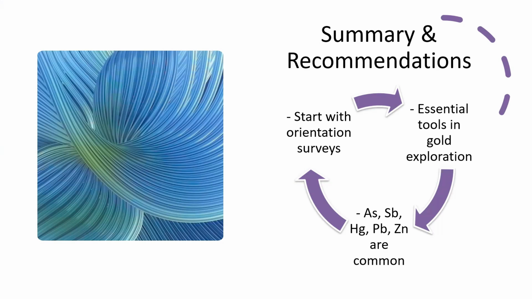The first thing will be to start with the orientation survey, which is you form a grid. In our last class, we said why we should form a grid and how we're going to form the grid. Then you look at the essential tools that are required, and then the common pathfinders. This is just the summary of what I've just told you. First, the right survey system and grading system. Secondly, using the right tools to do this work. And third, in interpretation, getting the right element sheets, all coinciding, and being able to point out your target